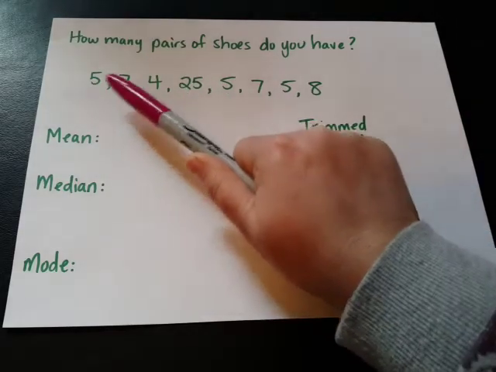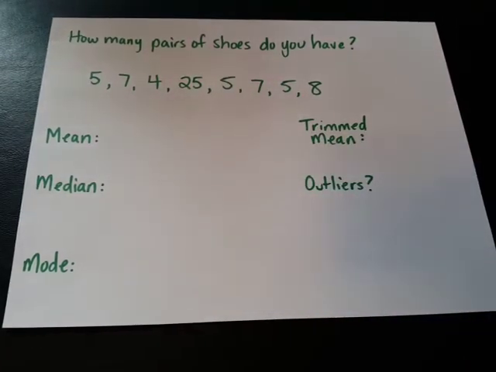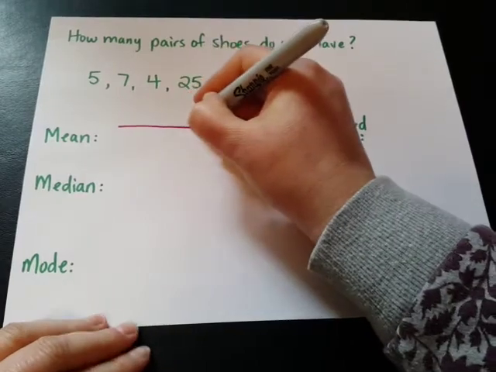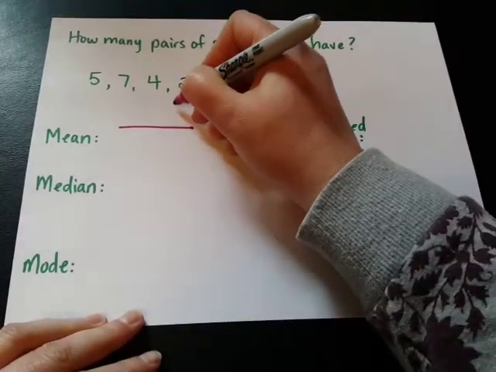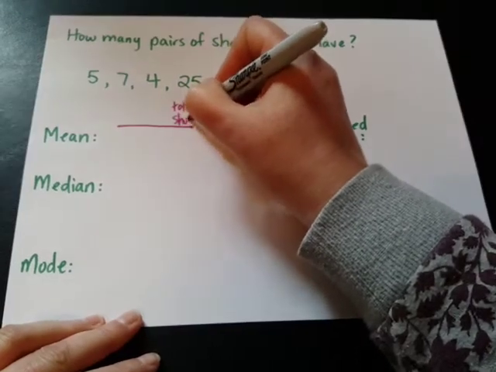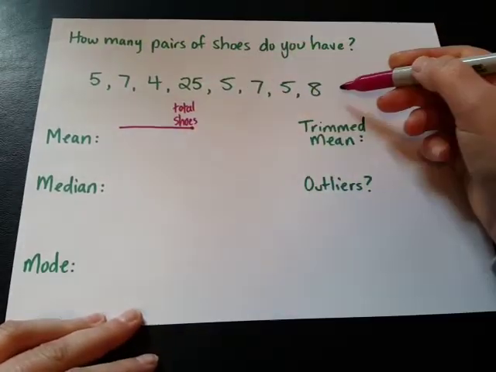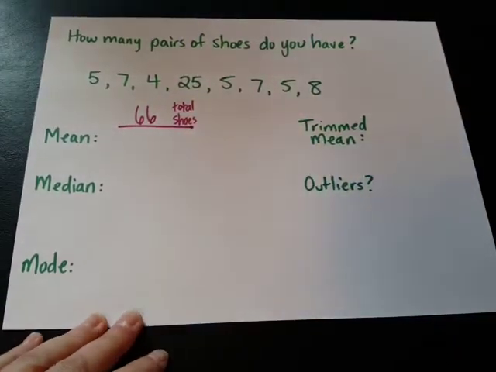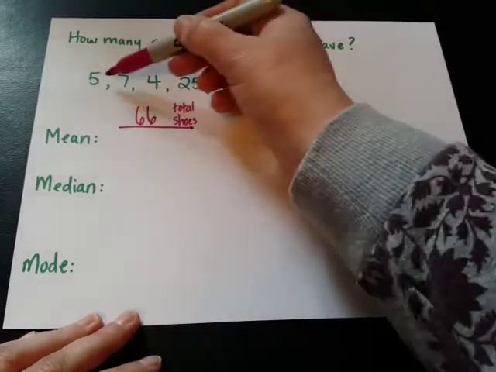Somebody has 5 pairs, they have 7 pairs. A different person has 4 pairs. So to get the mean or the average, we're going to add up all the numbers on top, to find out the total number of shoes. If we add up all of our numbers, we'll see that there was 66 shoes mentioned out of the